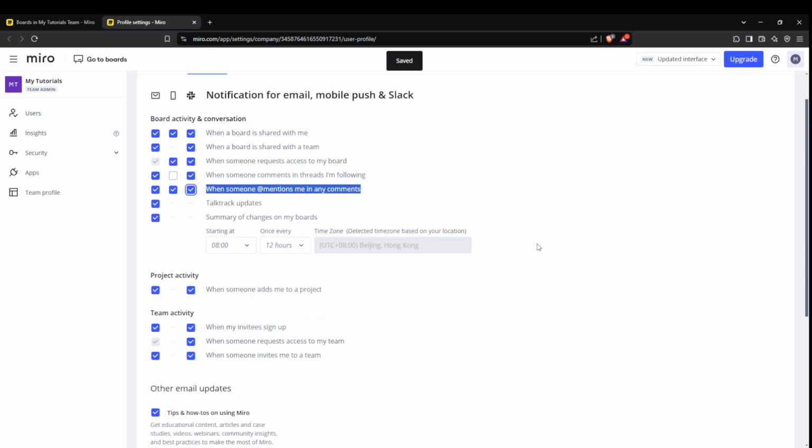And there you have it. You've successfully set up Miro comment notifications to appear in Slack. By integrating these two platforms, you are now set to enhance your team's collaboration and personal productivity no matter where